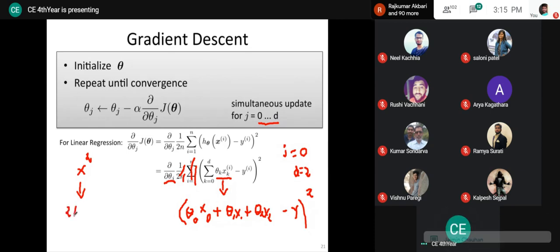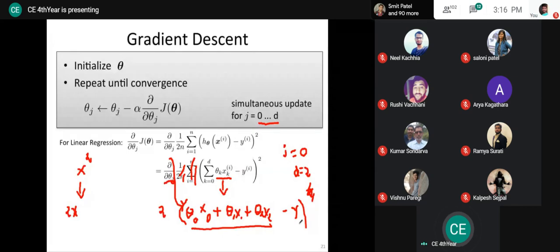Right, so it is 2x. Fine. So the result of this will be 2, and this is our x value, right? And so now this square will not be there. As this term is related to theta, we cannot just have x square. It is not just an x square. So I can directly write it as 2x. So I have to move this partial derivation inside this particular function.